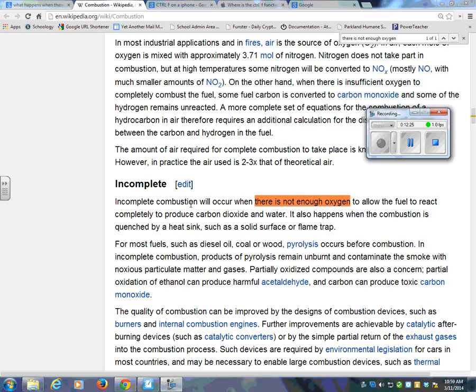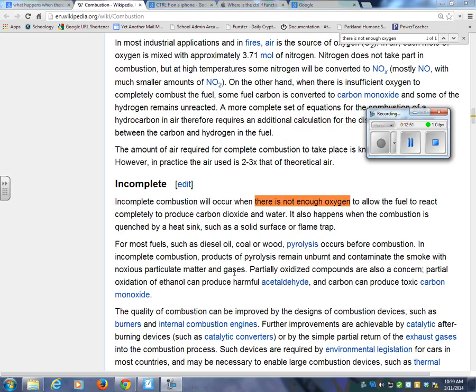Incomplete combustion will occur when there's not enough oxygen to allow the fuel to react completely to produce carbon dioxide and water. It also happens when the combustion is quenched by a heat sink, such as a solid surface or a flame trap. For most fuels, such as diesel, coal, or wood, pyrolysis occurs before combustion. In incomplete combustion, products of pyrolysis remain unburnt and contaminate the smoke with noxious particulate matter and gases, also known as